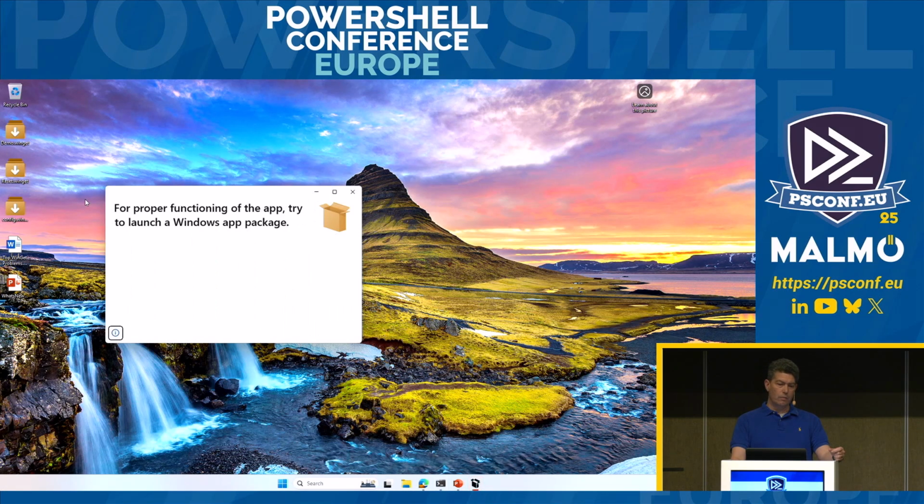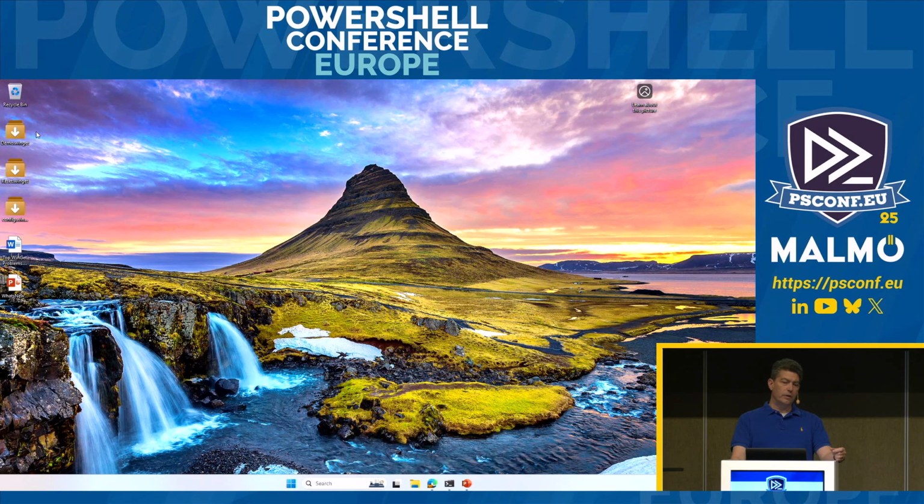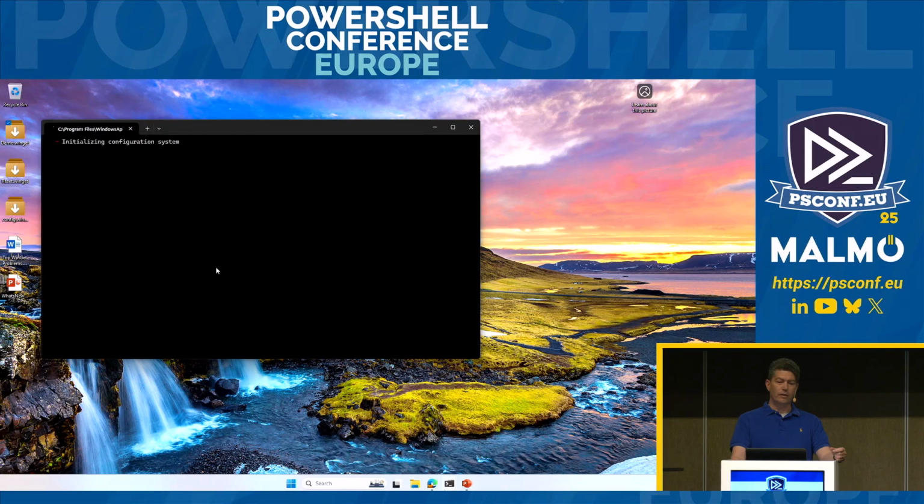So I'm going to show the double-click experience. There's that bug that I was telling you about. I'm going to go ahead and double-click this demo.winget file. So we've made a file handler so that if your file extension ends in .winget, you can basically have it hooked up to your default terminal. It will just pick up and run winget configure with that configuration file, just like you had typed it on the command line. It's just an ease of experience helper.